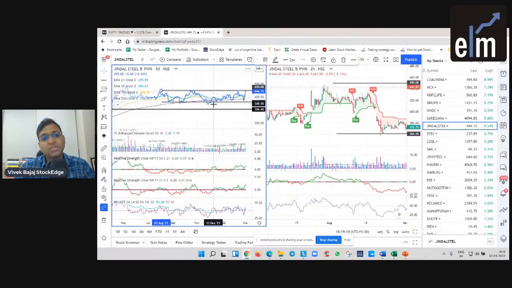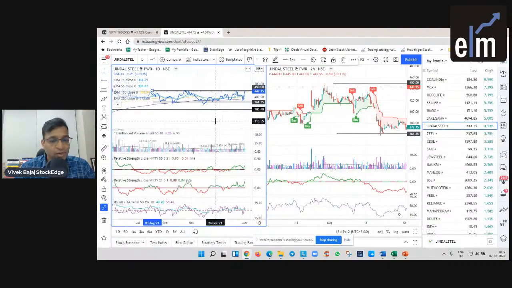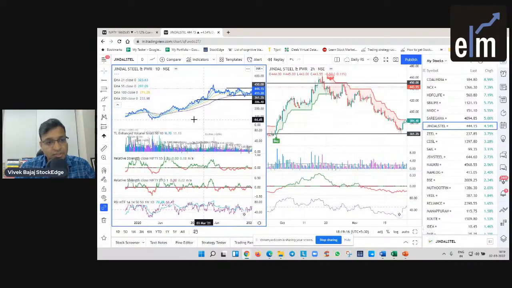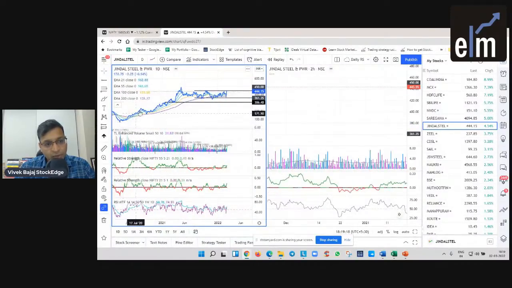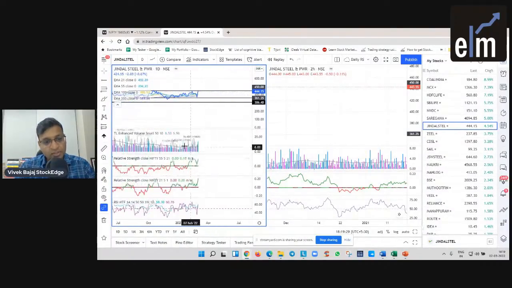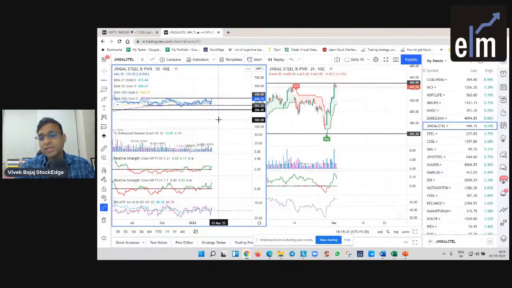So, this is a range which this stock has been following, right? And if you see the previous few movements of Jindal Steel, from here, it went up, corrected, again went up, corrected, again went up, corrected, and is in a consolidation range. And now the stock is strong, so there is a possibility that if the stock gives a breakout, it can go up from here. Not a recommendation, I'm just explaining the concept.